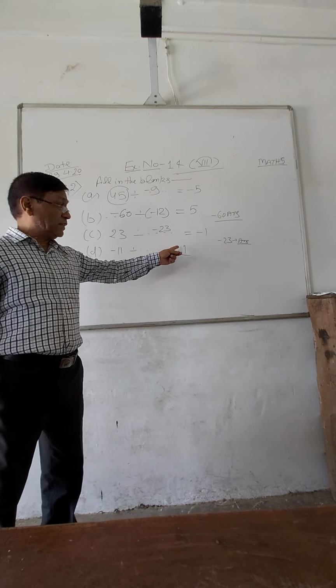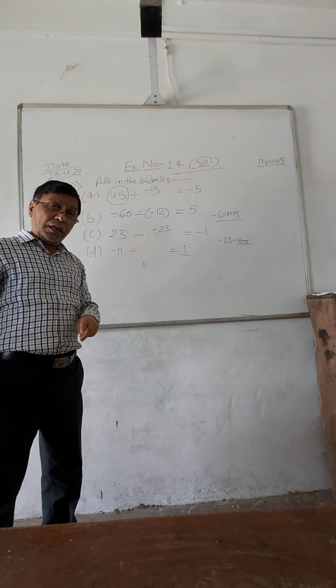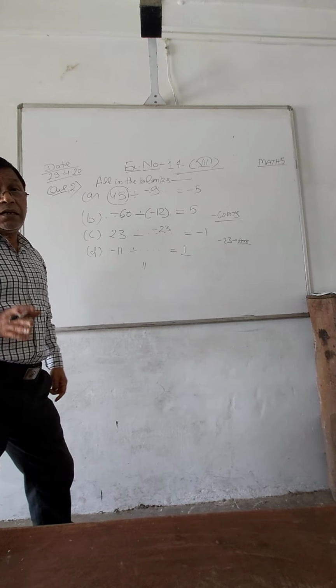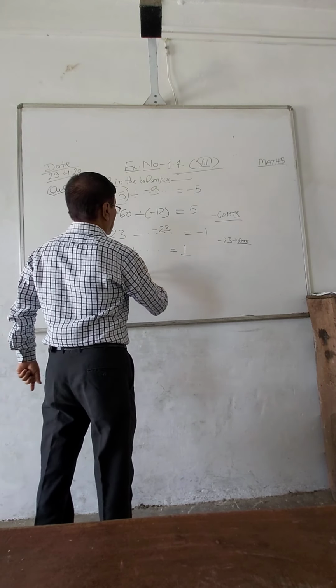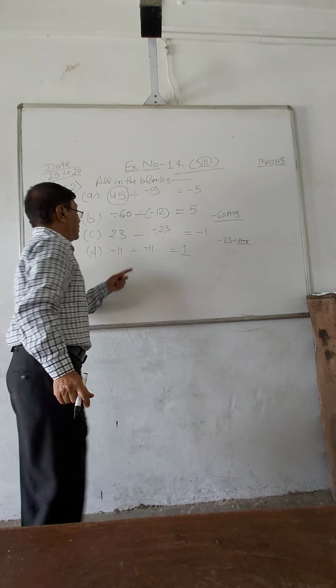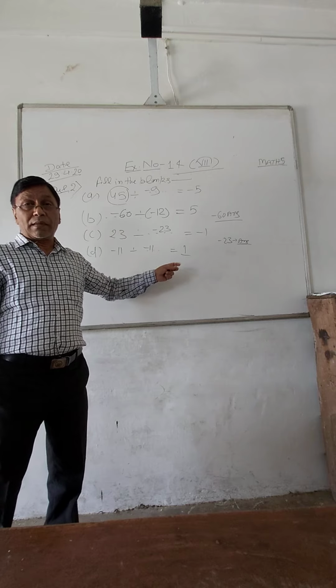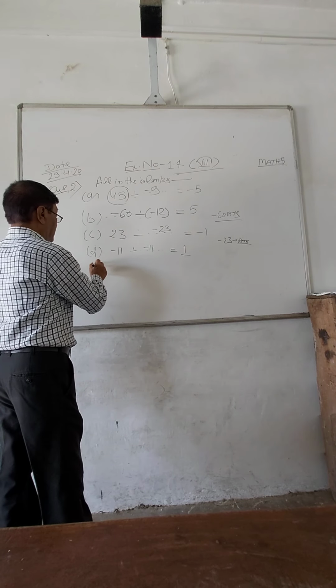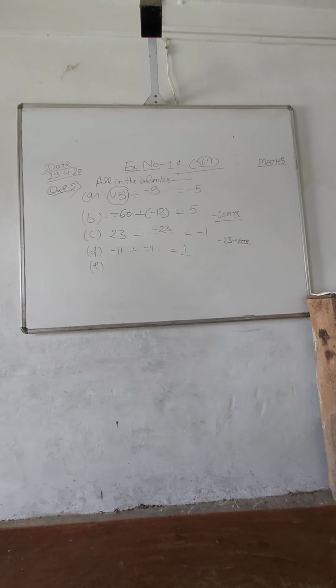Since now again see the sign of this, it is coming positive. So positive comes only when the both are having the same sign. One sign is negative, so another will be also negative. So minus 11 is divided by minus 11, it will come 1. Second, E.